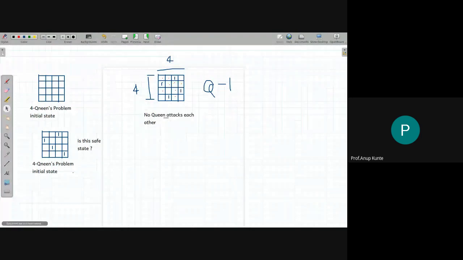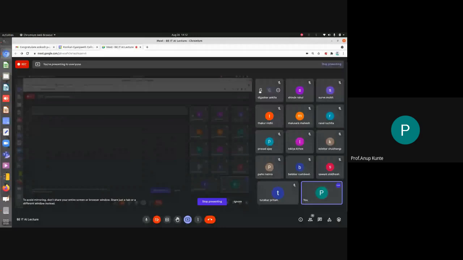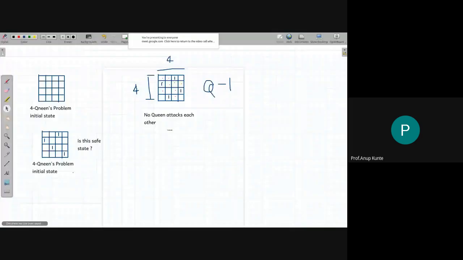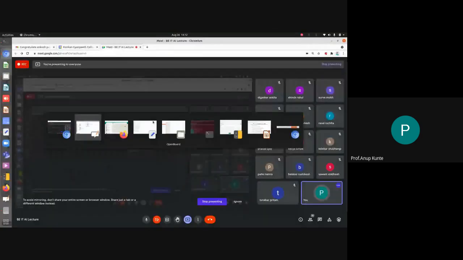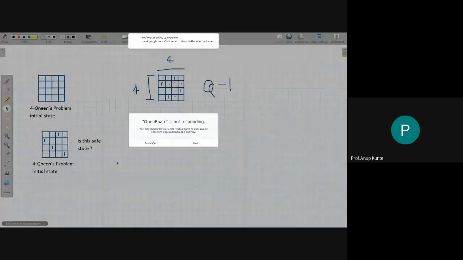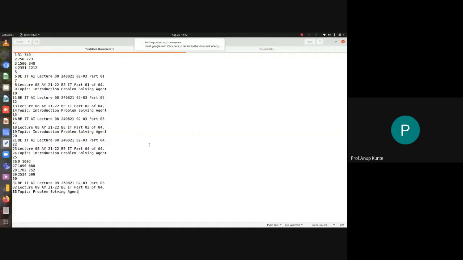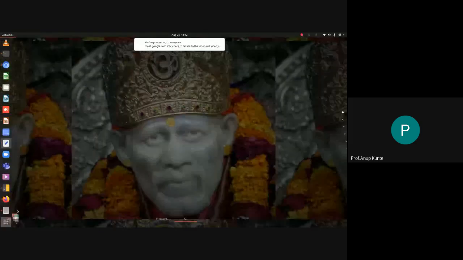Sorry, it got stuck. I need to just restart, I hope. Oh yeah, it came back. Okay, good. No, still stuck. Okay, let me restart that app. Sometimes it happens. I'll just force quit. There's no issue. Restarting takes time. Sorry for that.